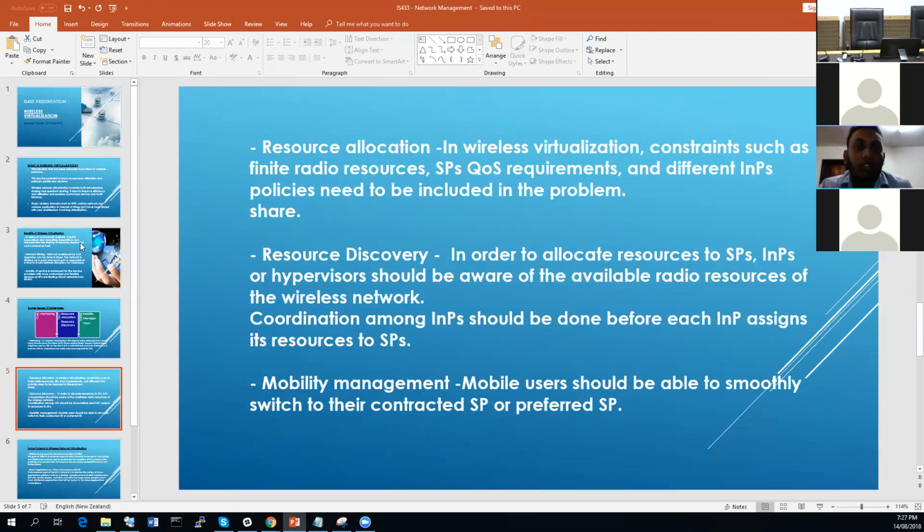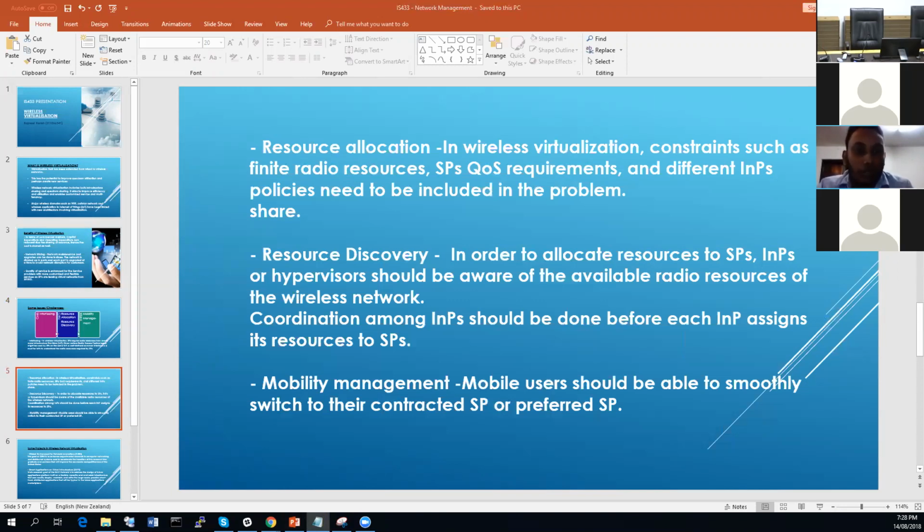In wireless virtualization, constraints such as finite radio resources, service providers' quality of service requirements, and different infrastructure providers' policies need to be included in this problem. In order to allocate resources to service providers, the infrastructure providers should be aware of the available radio resources of the wireless network